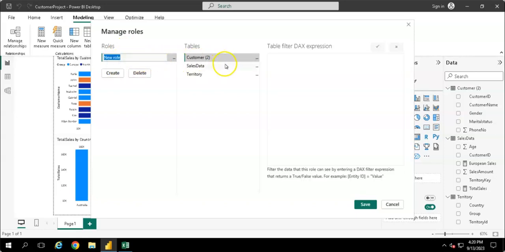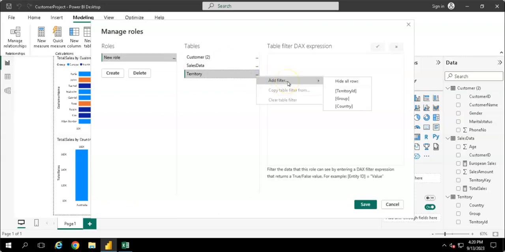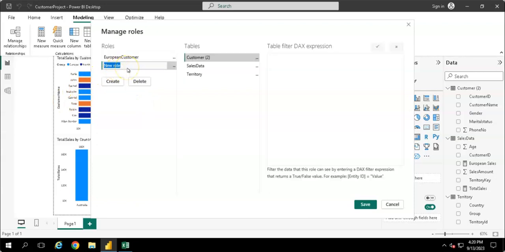Then I will go to this territory, add filter, and then I'm going to capture a group, and inside this group I'm going to first mention Europe, and the role name is going to be European customer. Then I'm going to add one more role. This will be US